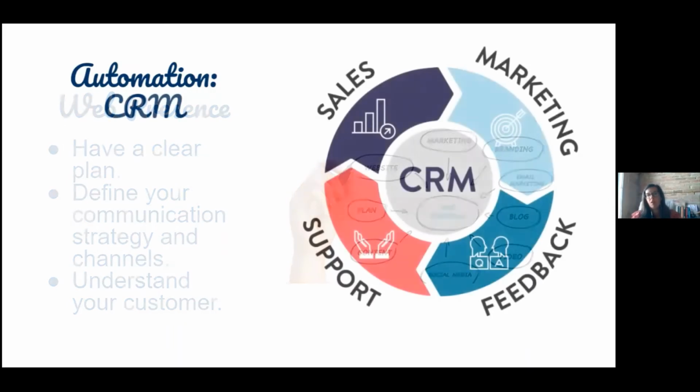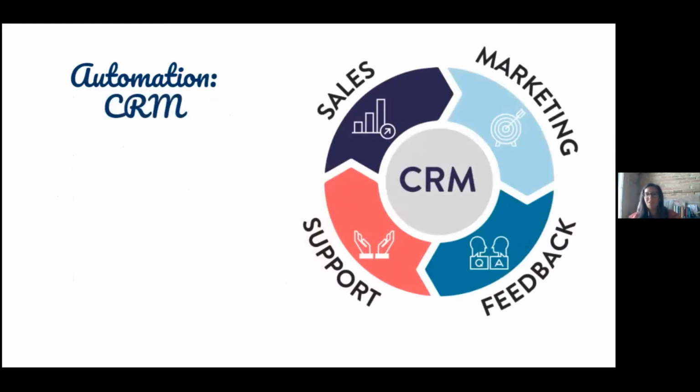Then once we've defined our plan, we really want to think about customer relationship management. Now, of course, there are CRM systems that are robust. Those could even be as basic as your Square system. That's considered a customer relationship management system, your point of sale system. You can generally find data about your customers. You can capture their email addresses. Many of them have loyalty programs built in. They have email capabilities. And depending on how robust you want those to be,